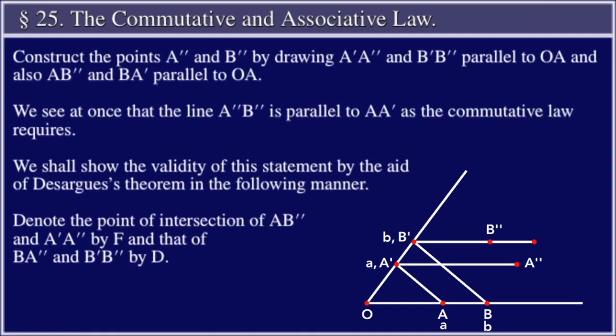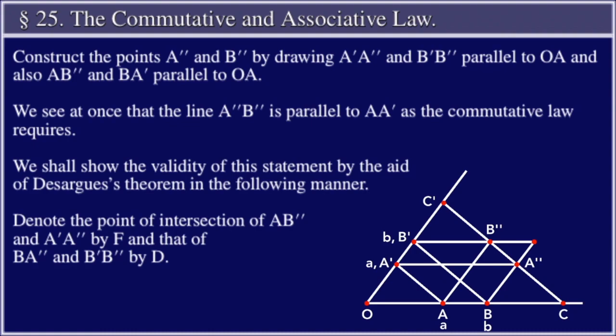Construct the points A'' and B'' by drawing A'A'' and B'B'' parallel to OA, and also AB'' and BA'' parallel to OA. We see at once that the line A''B'' is parallel to AA', as the commutative law requires. We shall show the validity of this statement by the aid of Desargues' theorem in the following